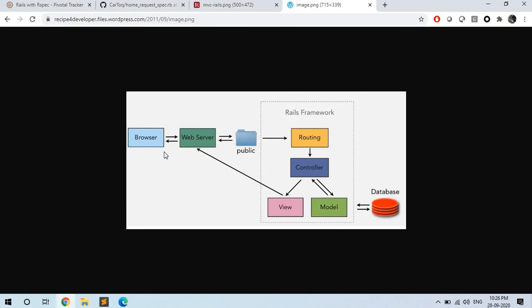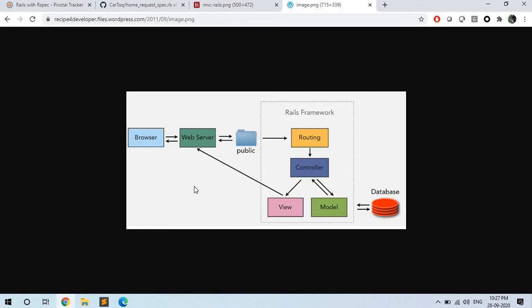So what it does is it uses the view, and it uses the view in a format wherein it is essentially doing a fill in the blanks. So a template is generated, and in that template, all the dynamic parts are filled in from the data structure that the model has sent, and the view just populates it and sends it as HTML back to the web server. Now this web server simply shows you the processed request, and that's how a Rails MVC framework